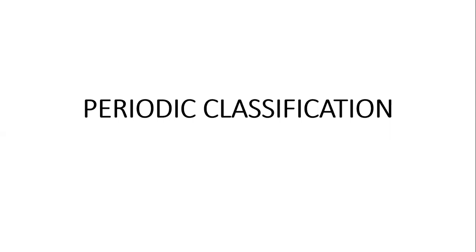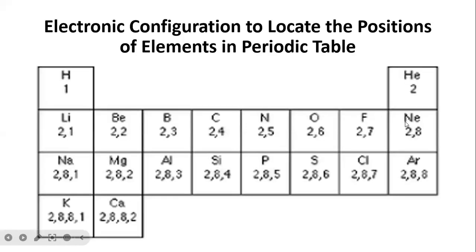Our topic is periodic classification. In the past video we discussed the various changing properties of the elements across the periods and groups in the periodic table. So today we move on to discuss the electronic configuration to locate the positions of elements in the periodic table. This is the table which we are going to use, the modern periodic table of the first